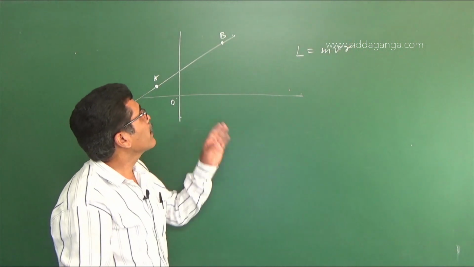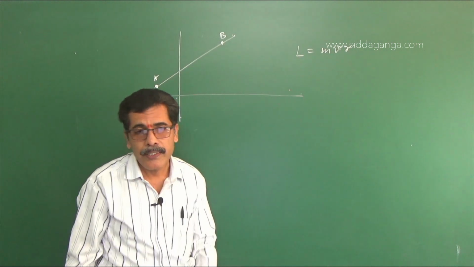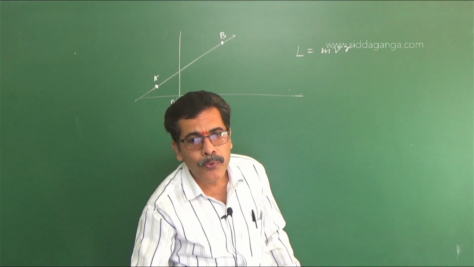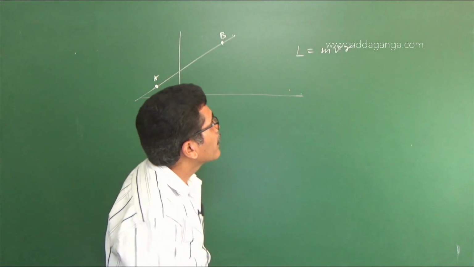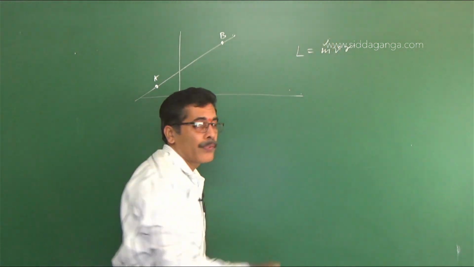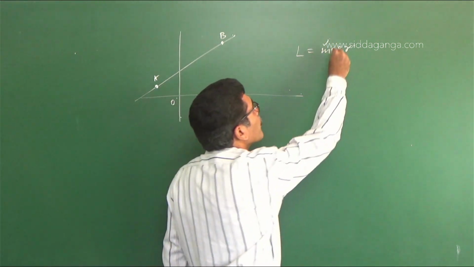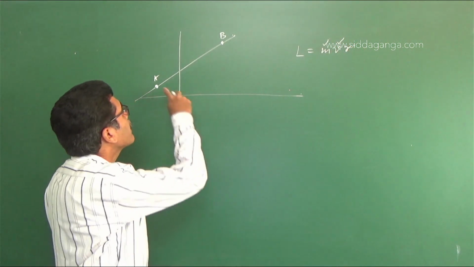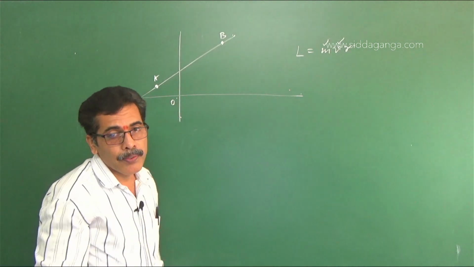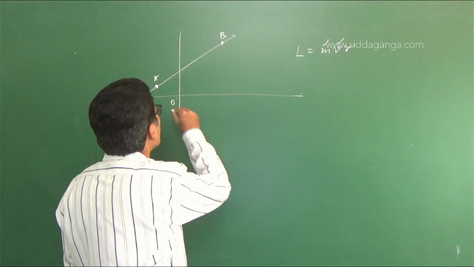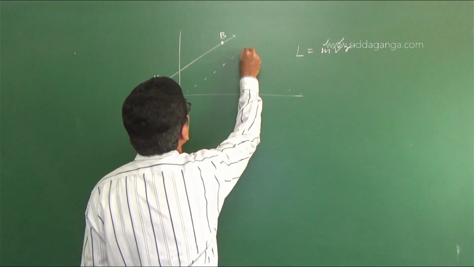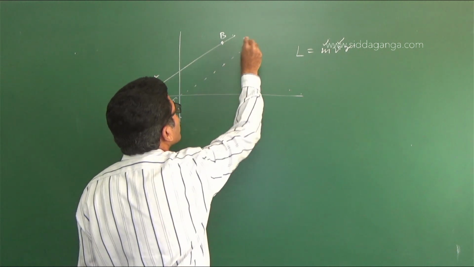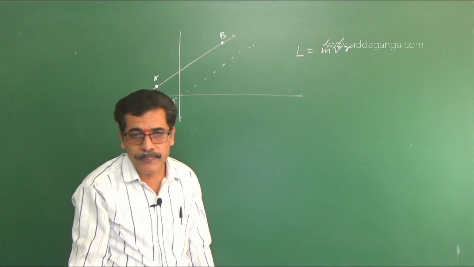Here the particle is moving along a straight line with a uniform velocity, they have given uniformly, right? Therefore, here m is constant, then v is constant. What is r? R is the perpendicular distance of the particle from the point O, right? If you imagine an axis passing through O, the perpendicular distance of this particle from this axis remains the same, it doesn't change, right?